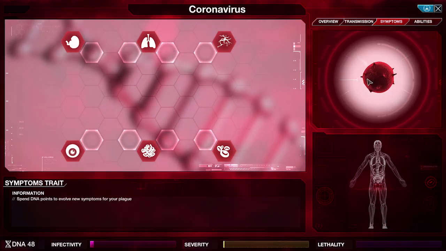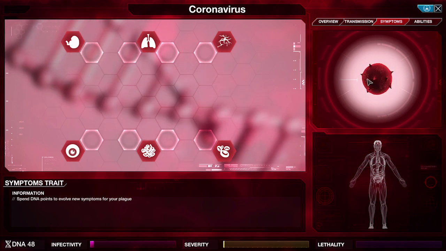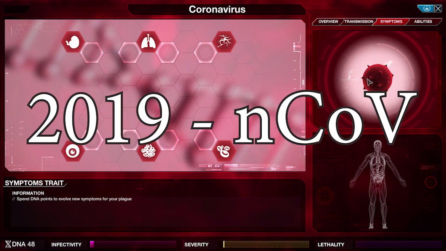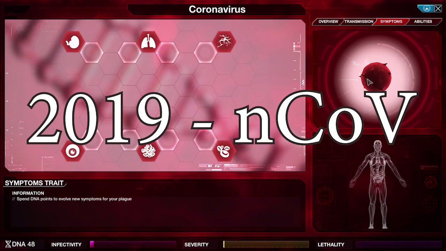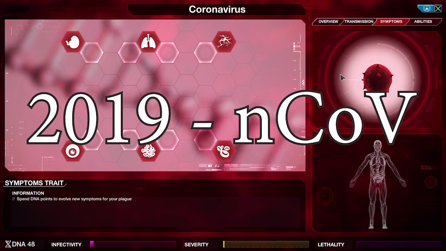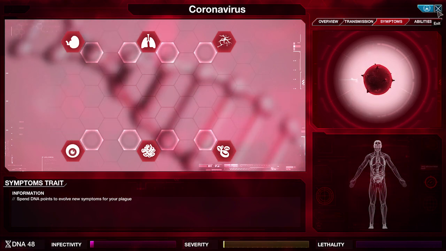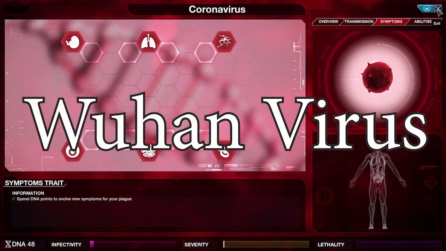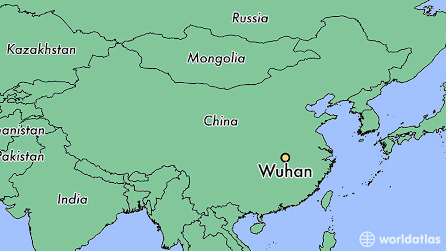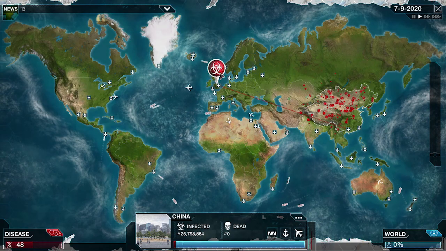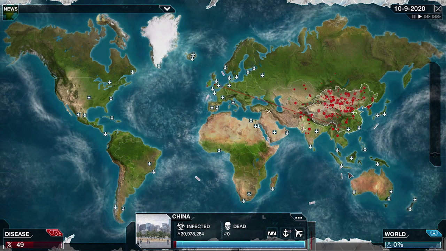But the reason why you're here is because of a very particular strain of coronavirus known as 2019 nCoV, nCoV standing for novel coronavirus. Novel meaning it's the newest of the coronaviruses. It has also been referred to by the media as the Wuhan virus because Wuhan, China is where it is assumed to have sprung up into human hosts. Alright, we're starting to get some traction here.